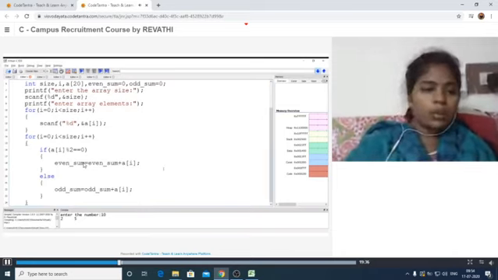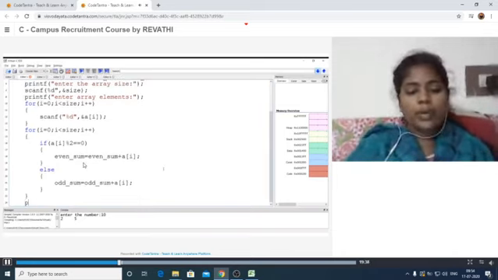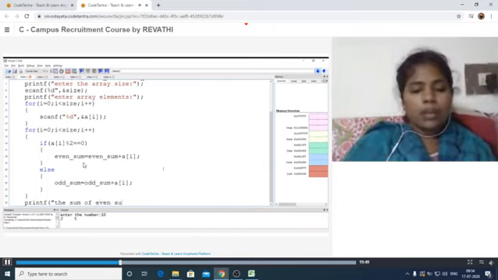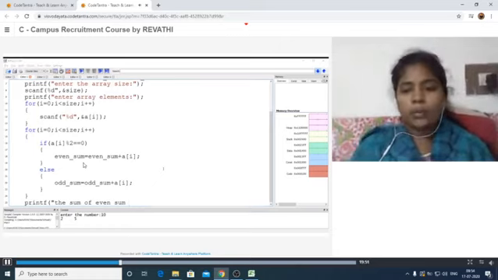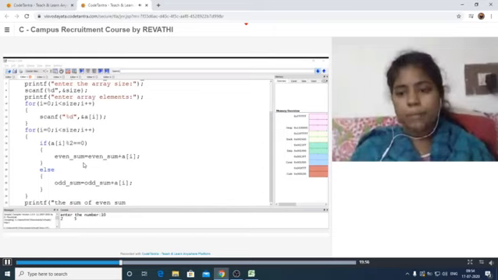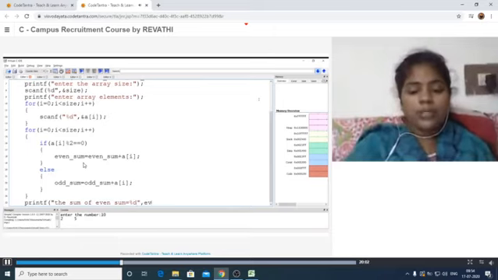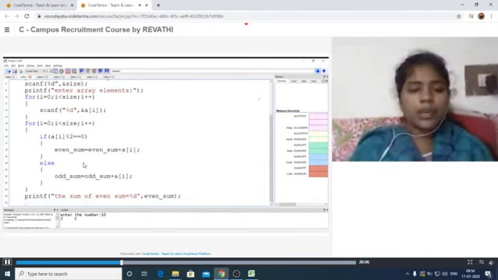I am closing the for loop, but finally I am printing even sum and odd sum. So the sum of even elements is equal to %d, comma, what is the variable here? Even sum. Similarly, we have to take the next one, printf,